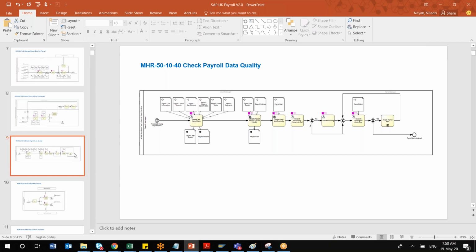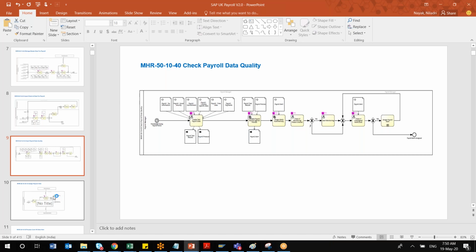That is the concept of data quality when it comes to payroll data quality, and it is irrespective of any country-specific payroll; it remains the same. But there are certain things for UK payroll. In this example I have given garnishment and so on, which is mostly applicable for US and Canada, but for the UK it may not be applicable. There is certain other data in UK payroll. In this way you can understand this process.